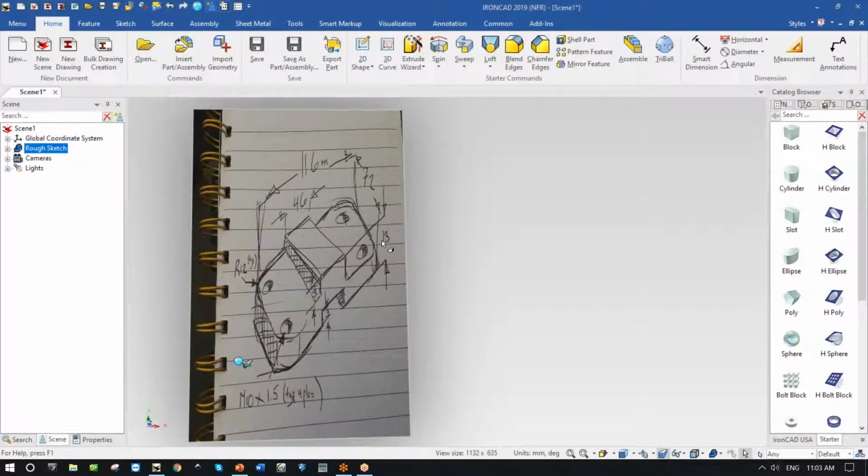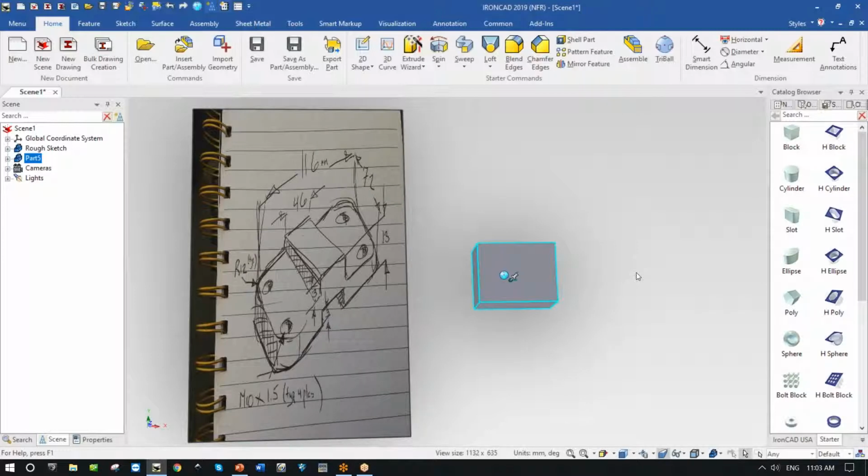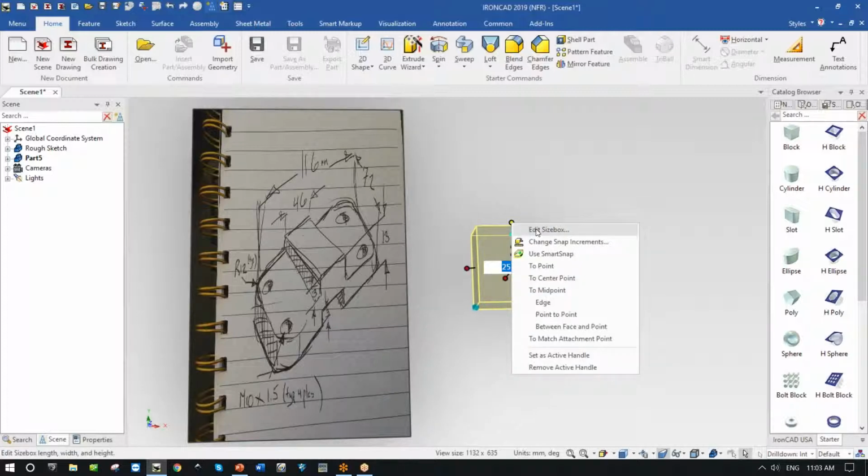And so to show you how I can convert this simple sketch into 3D geometry in a simple way, I'm going to come into a catalog of shapes. That's only one thing that we can actually use, but I'm going to use these shapes, and I'm going to take a block, drag it, and pop it onto the screen. Now, at the moment, I don't know how big it is, so I just popped it into space, but I know that if I pick on a drag handle, I can pull this and make it a certain size, or I already know what the box sizes are, so I'm going to come in and just say,